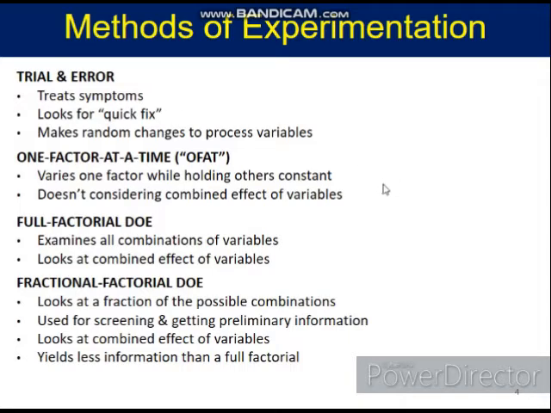But if your intention is actually to look at more than one variable at a given time, for example, you want to look at the effect of temperature and also the effect of number of eggs on the softness of the bread, then you should not use one factor at a time. You should use other methods, which are full factorial or fractional factorial design of experiments. Because if you want to find out the effect of two variables at a time,